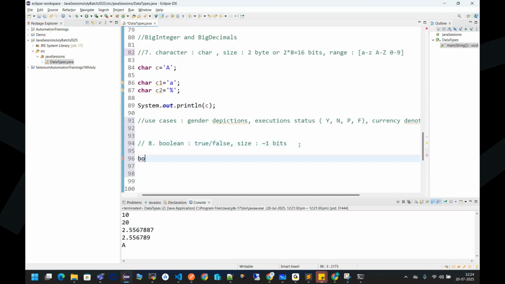How is it stored? In this way. boolean b1 equals true and boolean b2 equals false. No capital letters, true, no capital letter, false. It will purely take the value in this way only, as I have written. Okay, fine. Let us just try to print